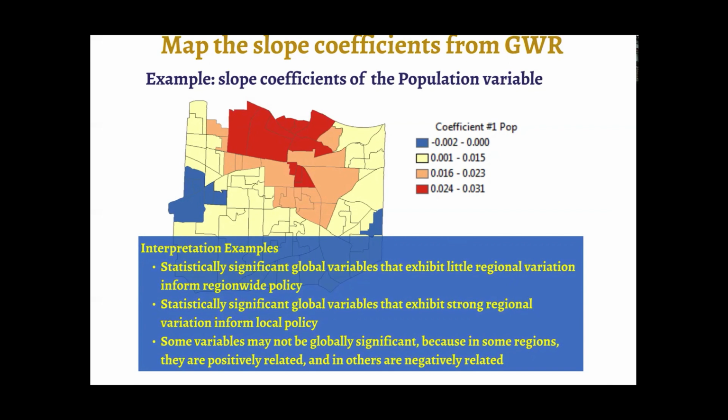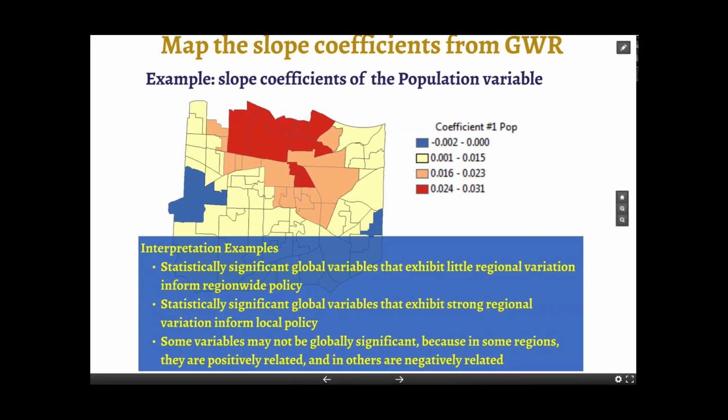So again, the GWR will give you a lot of new information, and it will also introduce some new questions, because based on your GWR results, you will likely see there are some more questions to be answered, like how do you deal with the spatial variation? Instead of just simply removing a variable, you can see if there are ways you can take some subset within your data and rerun the model again and see if that changes your results. And feel free to let me know if you have any questions,